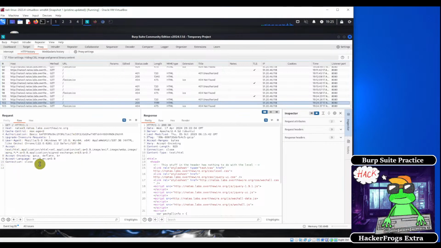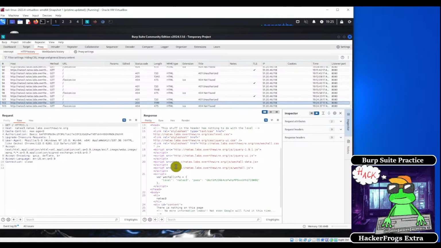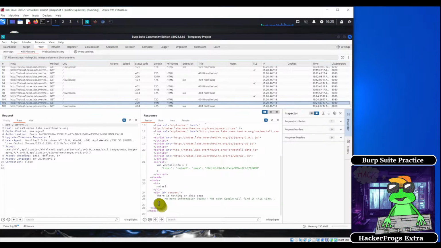And this is the request, and this is the response. And in the response, it says there is nothing on this page. And it also says inside the comments, no more information leaks. Not even Google will find it this time. Okay, so